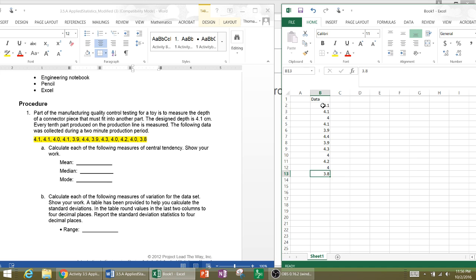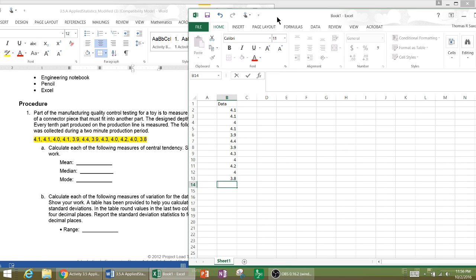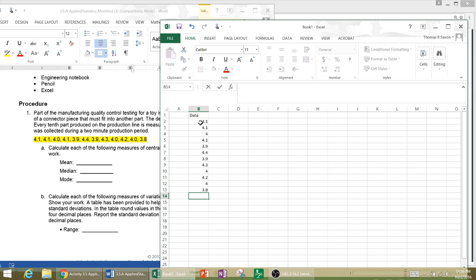So that's how I type in my data points. I can put data into these cells. I can also put equations into the cells, and the way I do that is I put an equal sign before I insert an equation. Before we insert equations, we learned earlier on that if we're going to look for a mode or a median in our data, it's nice to have it organized. So one of the ways I can organize my data is I can highlight by clicking and holding and dragging my cursor down. I've selected all those cells, and now I can come over